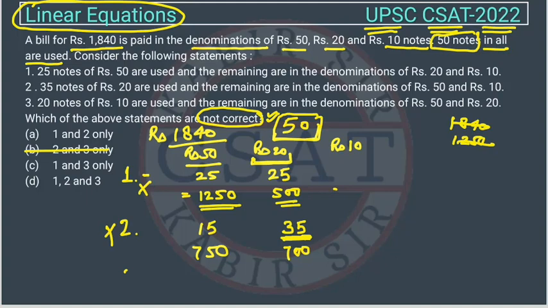So now we will check the third one also. In the third one, 20 notes of rupee 10. So the 20 notes are of rupee 10, so this will be equal to 200, right? And the remaining are in the denomination of 50 and 20. So suppose the remaining are how much? 30. Suppose I am allotting all 30 here,